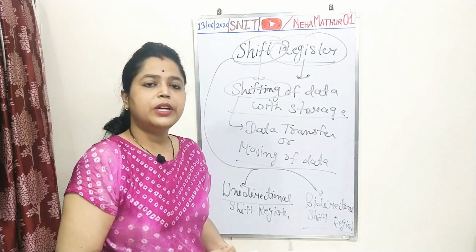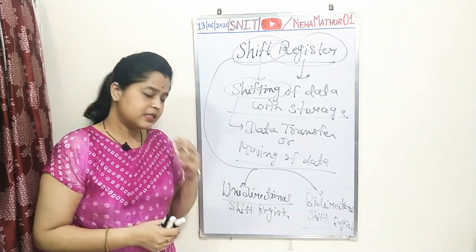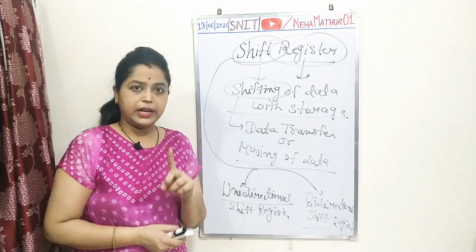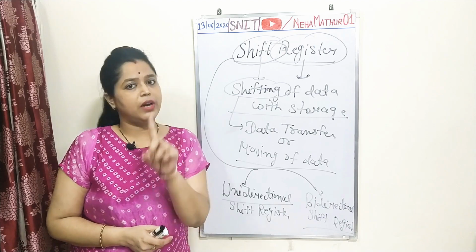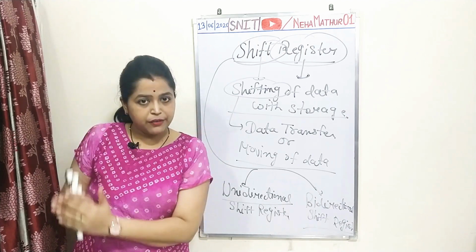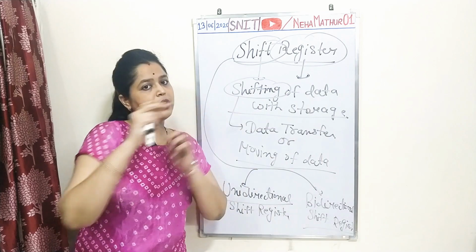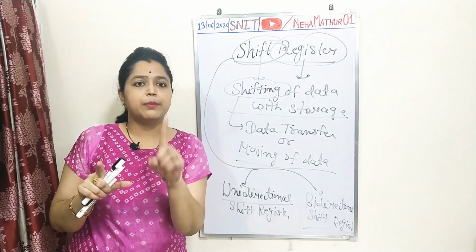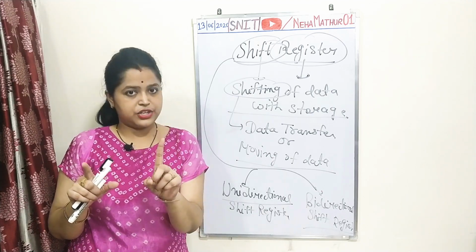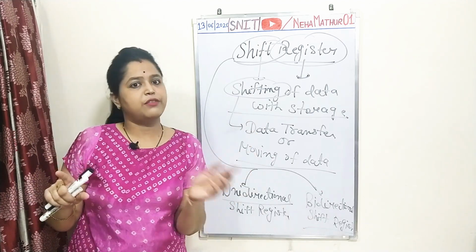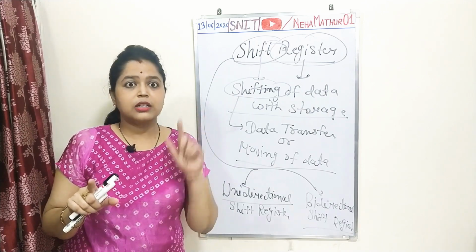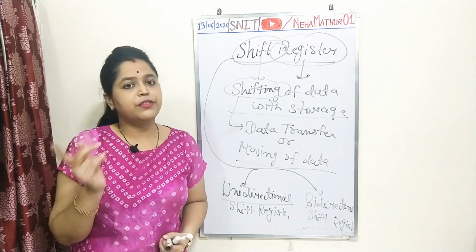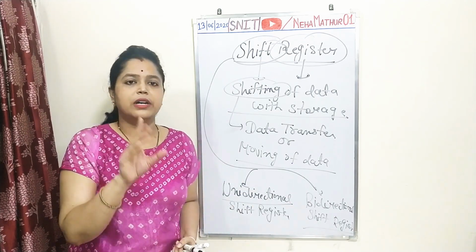So what is a unidirectional shift register? As the name itself implies, unidirectional means the movement of data is possible only in one direction. That direction may be left to right or right to left, but the specific circuit is able to perform one type of movement only. That type of shift register circuit, in which shifting of data is possible in one direction only, is said to be a universal shift register.